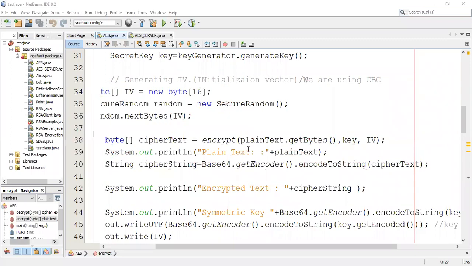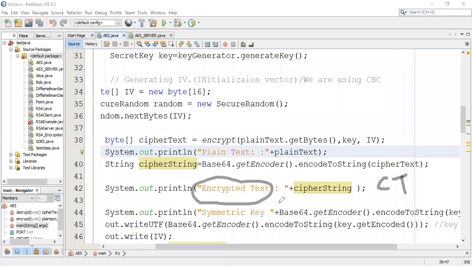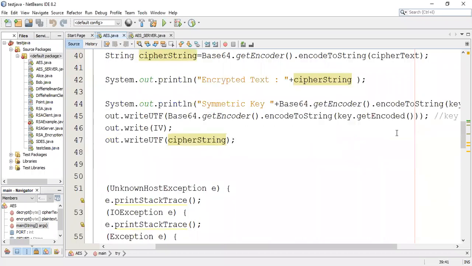Here, once I have converted from plain text to ciphertext, the encrypted text comes to my output. See this one. This is my encrypted text. Means this is my ciphertext CT. This becomes my output. Now, again, what I have told you, you have to use the symmetric key as my input. Now convert this again, and encode this key to my plain text.